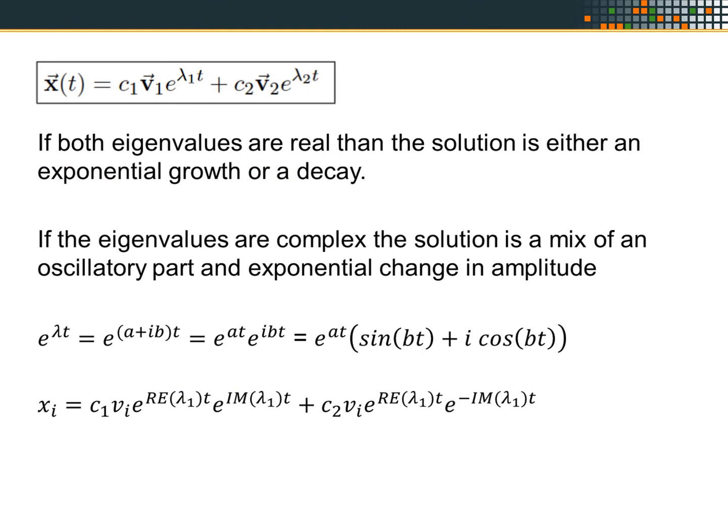That gives us two principal types of behavior. If both are real, we get behavior that looks like this. It's either exponentially increasing or exponentially decreasing and approaching a certain fixed point. If it's complex, we have the very same. It's either increasing